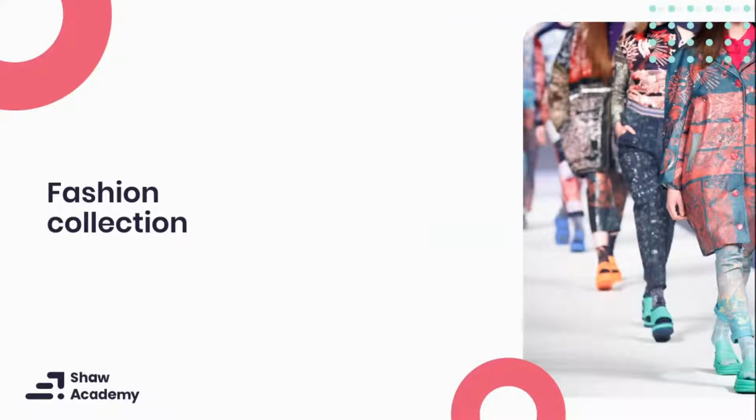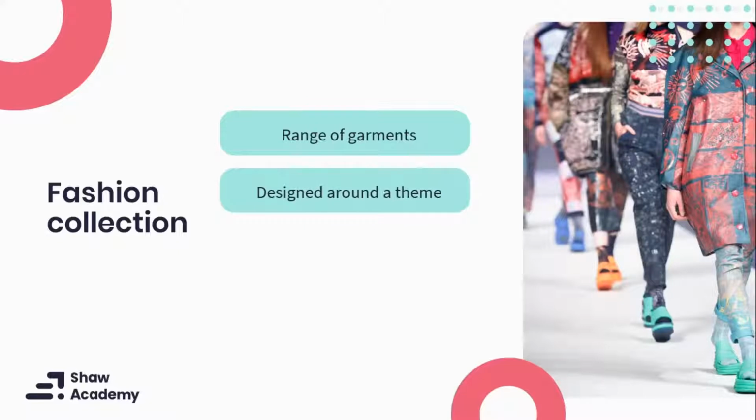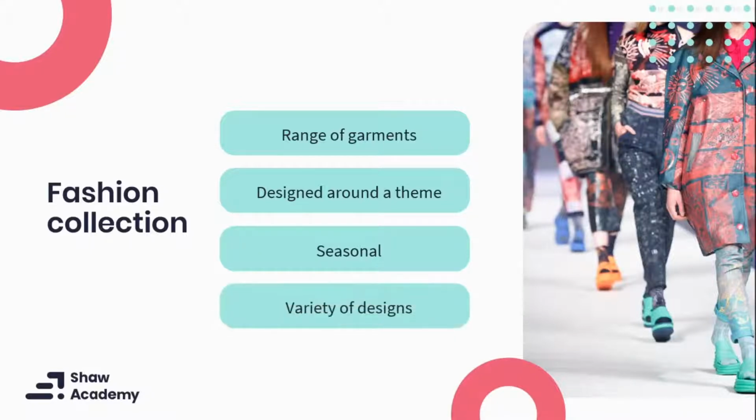A fashion collection is a range of designs, styles, or garments that are designed and manufactured, usually inspired by a concept, theme, or a trend. I mentioned that collections are seasonal. You already know that there are about 52 micro-seasons a year, but generally most fashion designers stick to spring, summer, autumn, or winter collections. A collection is usually constructed from a variety of silhouettes and garment types, different fabrics and colors